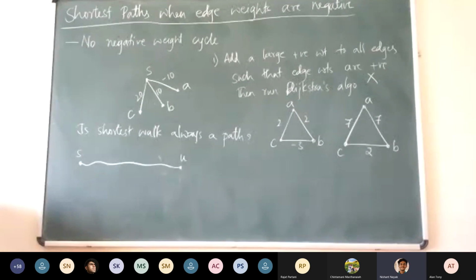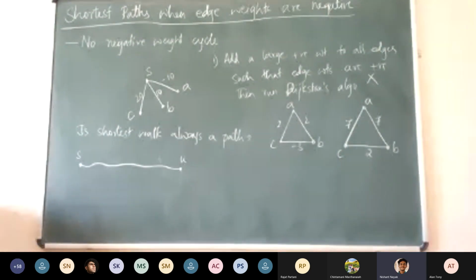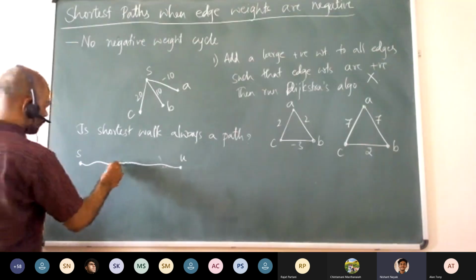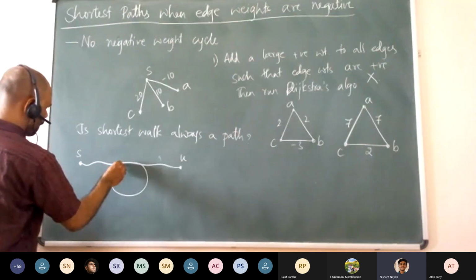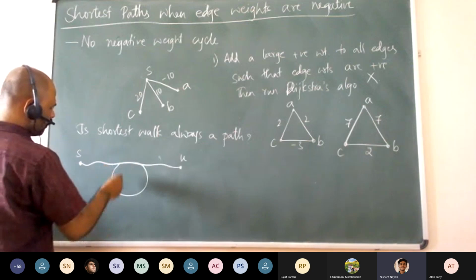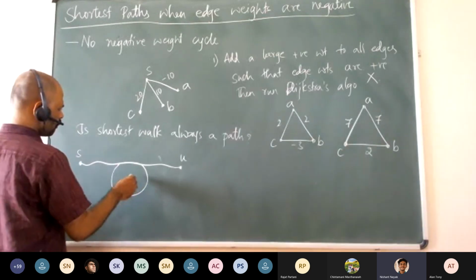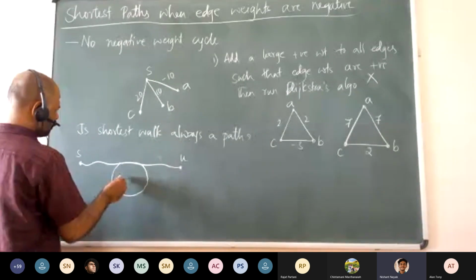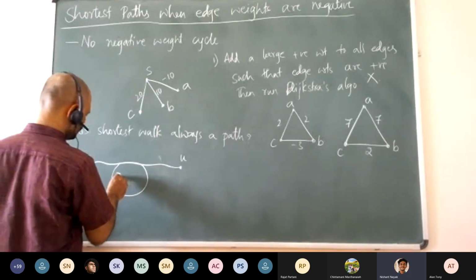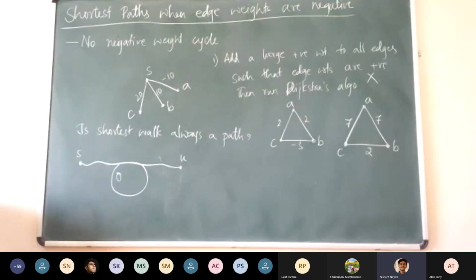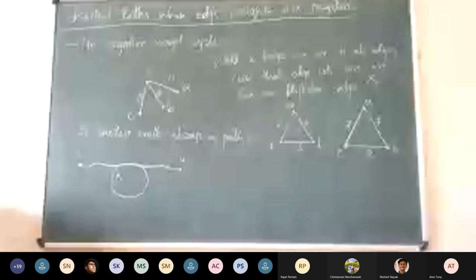Yes, sir. Because we're already saying that there are no negative weight cycles, so going through a cycle would not in any way decrease the weight of the walk. What happens if there is a cycle here? It will be a positive weighted cycle, with weight say epsilon or something. Or now the weight of it can be zero, right? It can even be zero. But then there would be no change. If it is zero, then it doesn't matter if you take it or not, right?